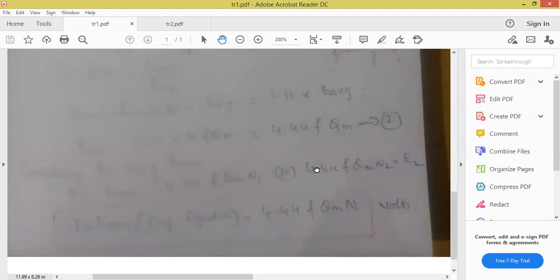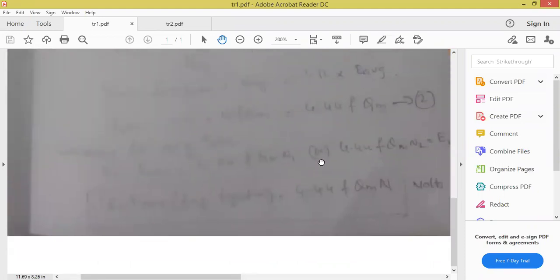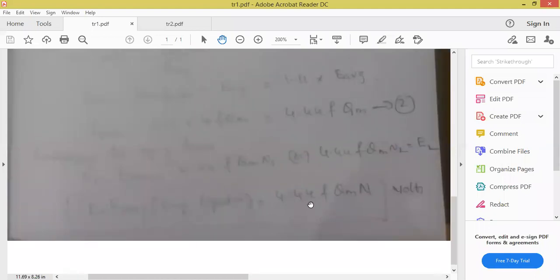So whether it is primary or secondary, the general equation of the transformer, how much electricity is transferred from primary to secondary, is E equal to ERMS, which indicates the EMF equation of the transformer. How much is the value here? Read out, anyone? 4.44 into f into phi m into N. This formula you have to remember. So what is the EMF equation of the transformer? All the students.